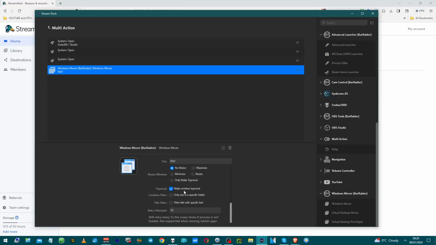Again, I'm not sure whether that works properly or not, but if you have resized it, you can get it to resize back to what it was currently. Again, I'm not sure if that actually works properly, so I'm just doing no resize for this now. Make it topmost. Well, it just brings it to the top. On my left screen,